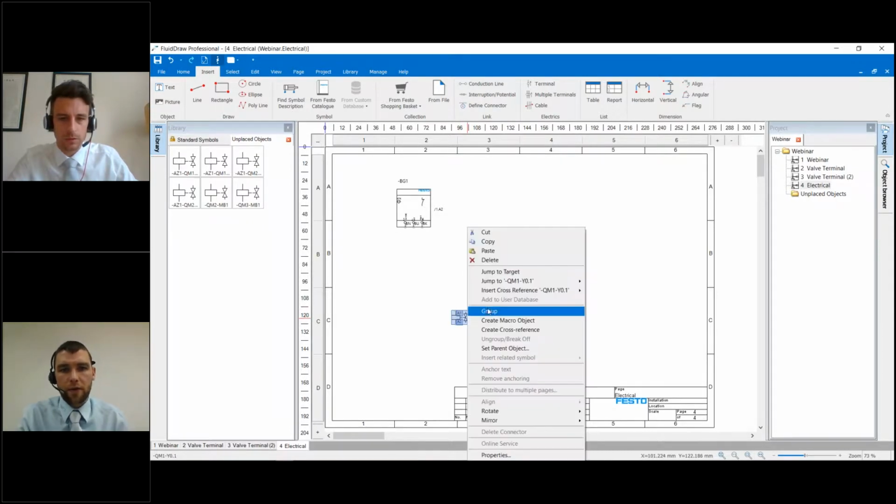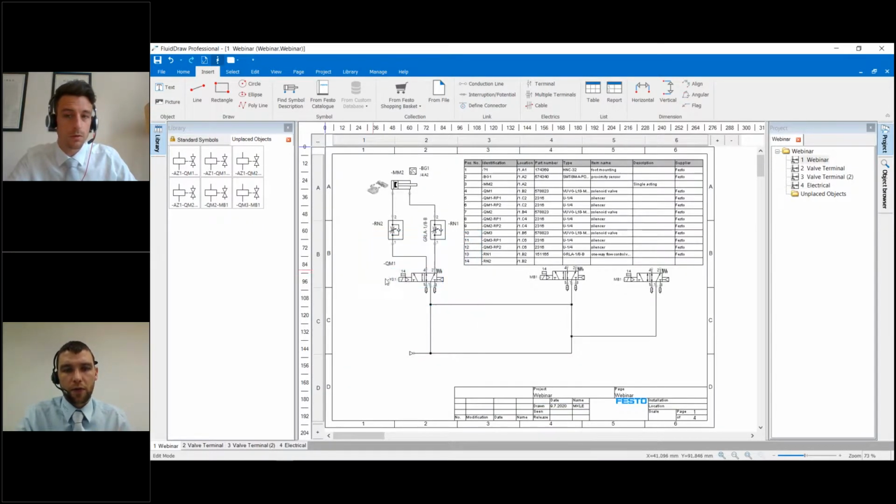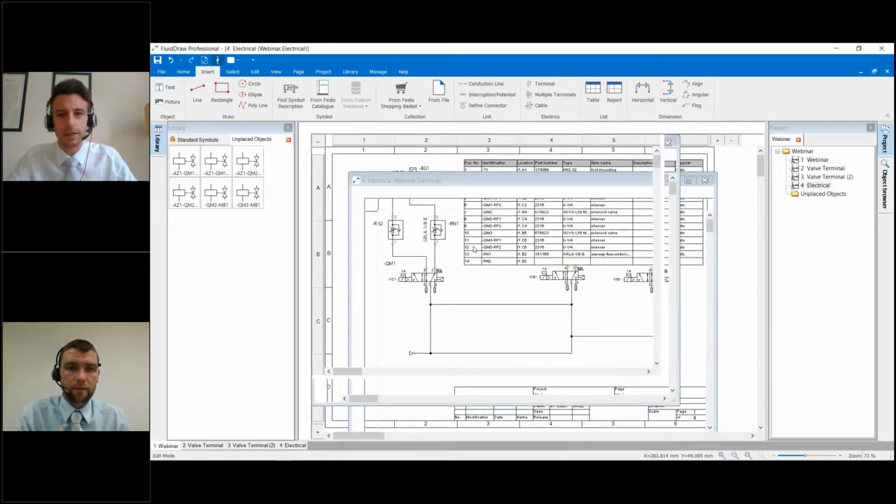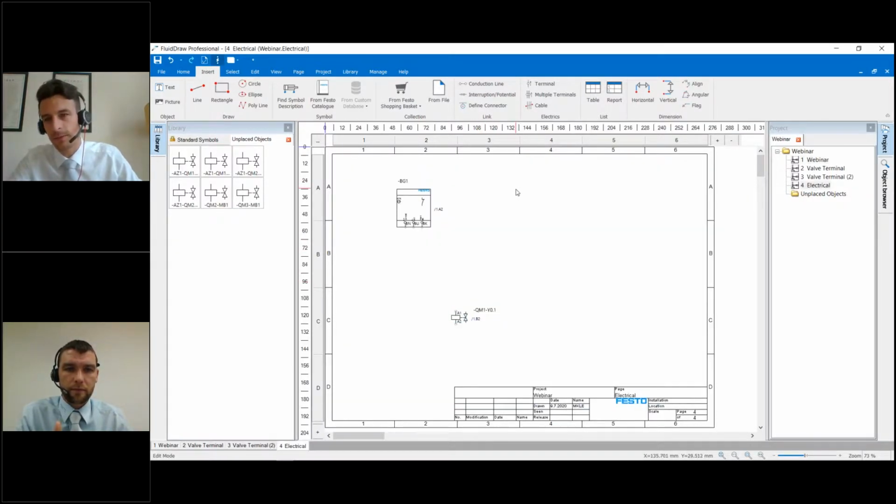And Marcus, are you able to then add the junction box or the PLC or the connection to the PLC to complete the entire electrical circuit? Yes, you can. At the moment, that needs to be done manually still. So you could draw your own input-output symbol for the PLC. But we are currently creating more and more symbols, and we will also provide standard symbols for PLC input-output modules. So you could use something like this, and then use a black box here